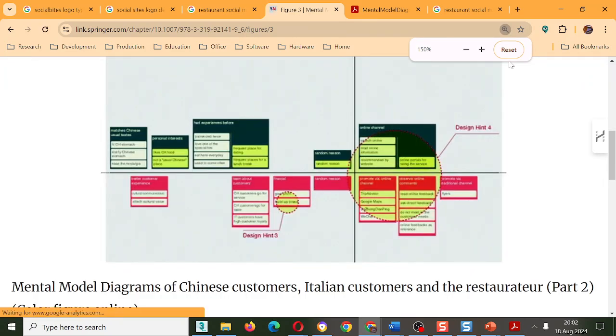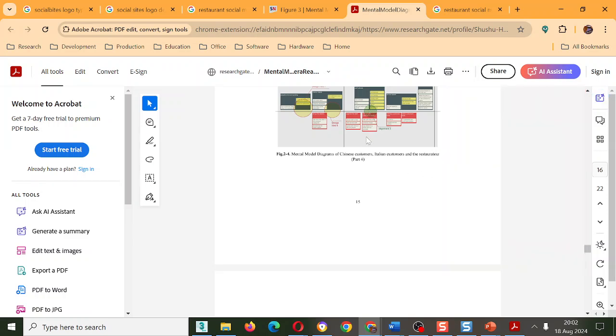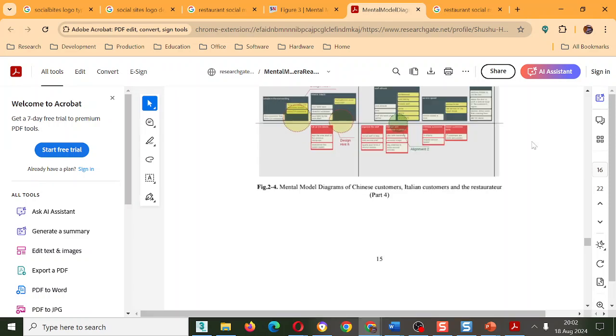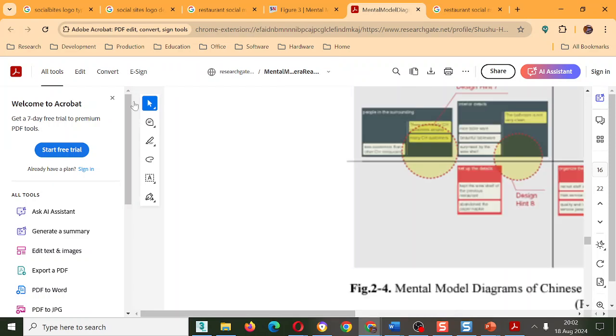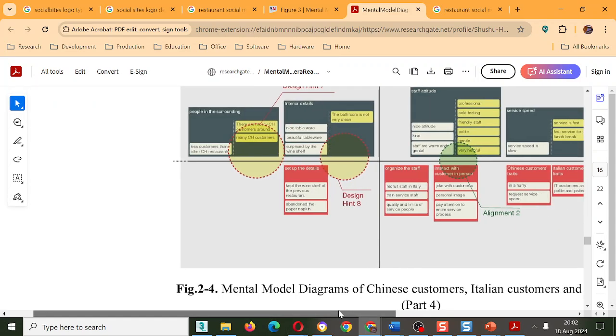Let me see if this one is clearer. Seems clearer.